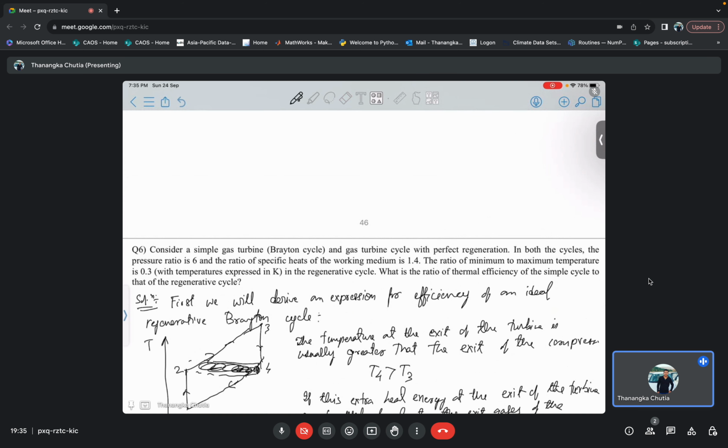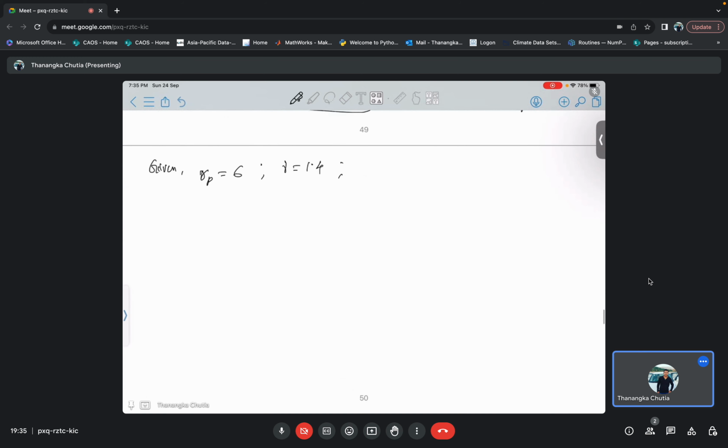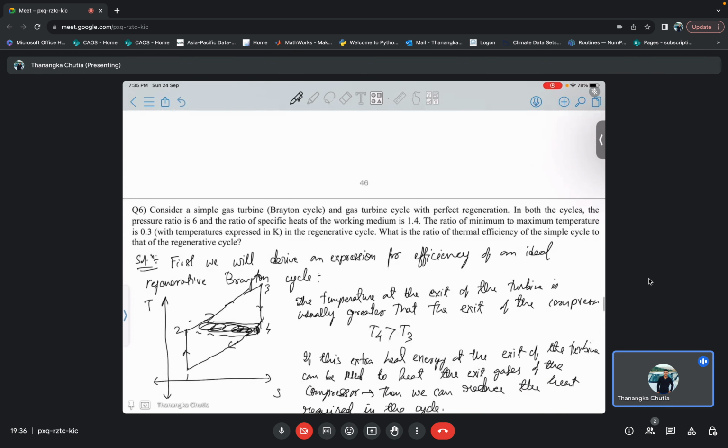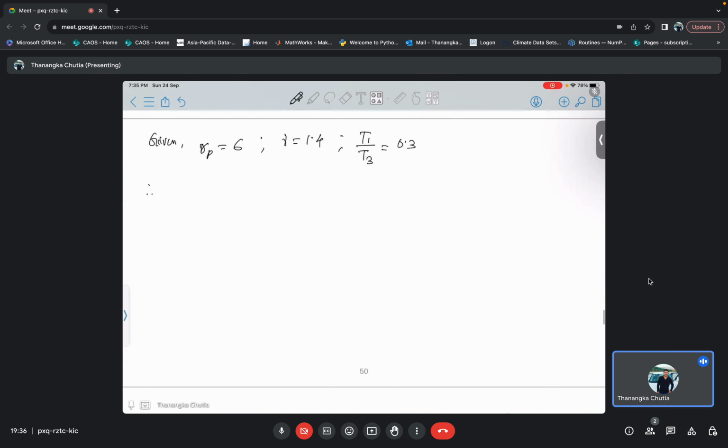Ratio of the minimum to maximum temperature, that means T1 by T3, is given to you as 0.3. What is the ratio of thermal efficiency of the simple cycle? Therefore ratio of thermal efficiency